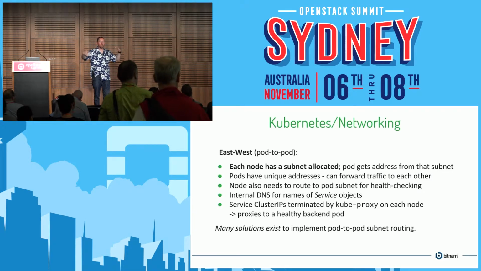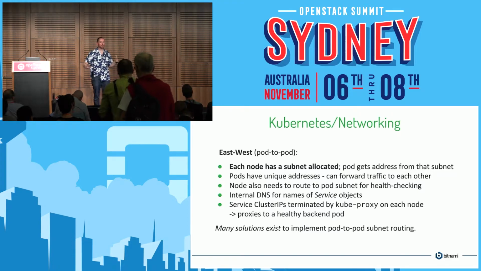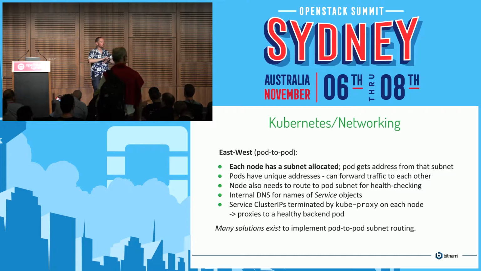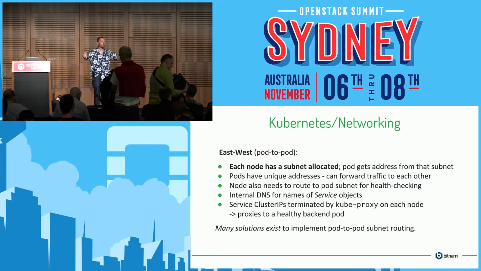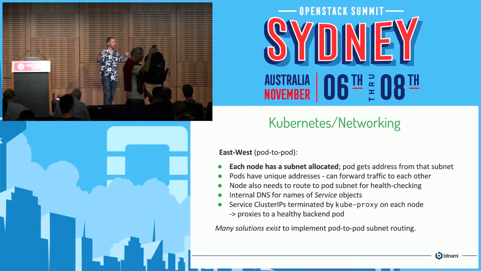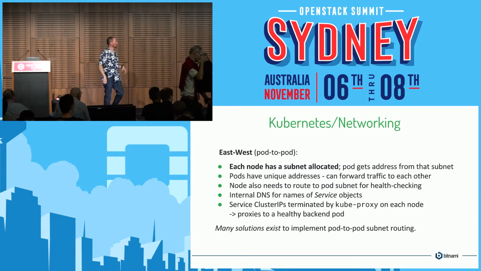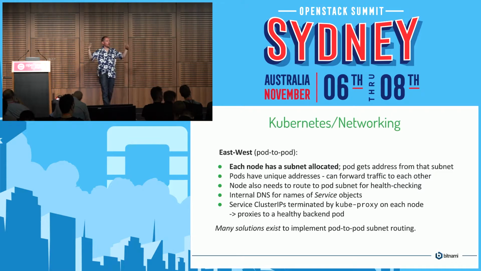Okay? So it's roughly similar to how the metadata service works in OpenStack. With the metadata service, every VM appears to get the same address, but when they connect to it, some magic happens, and they each go to a unique metadata lookup. It's a little bit like that. You connect to the same address, but it gets terminated by the local kube-proxy that then knows how to forward it off to where that service is right now.